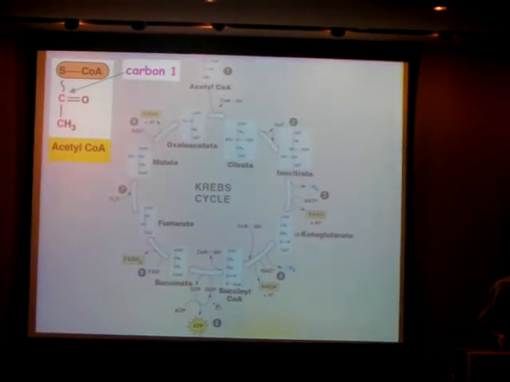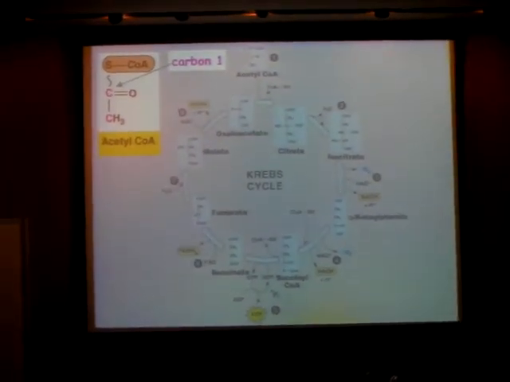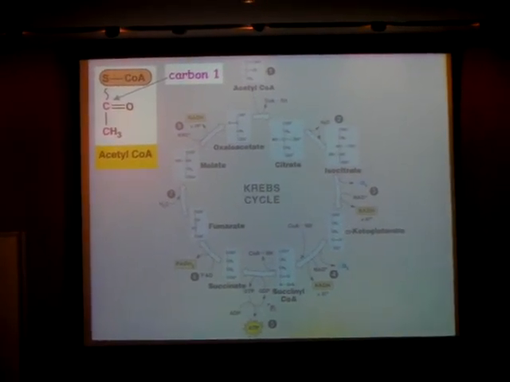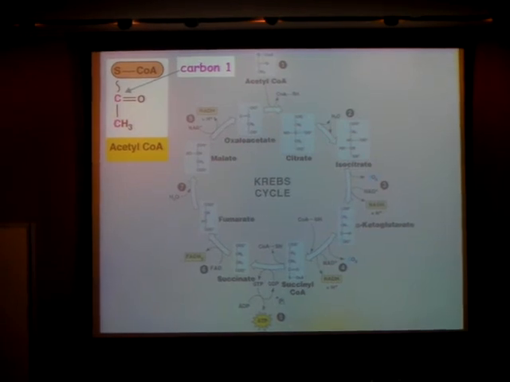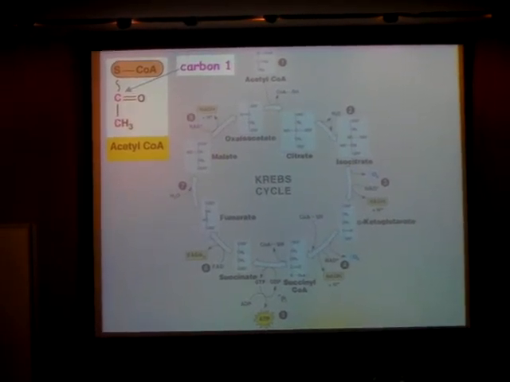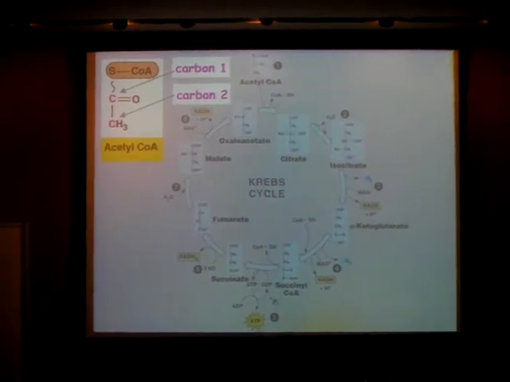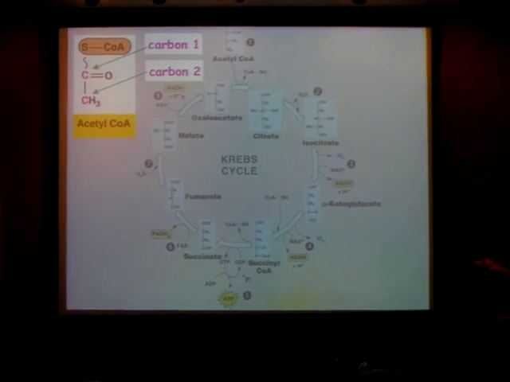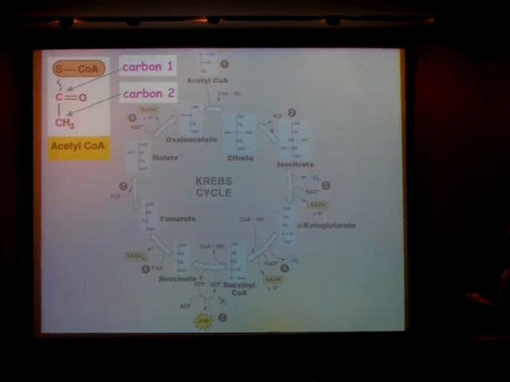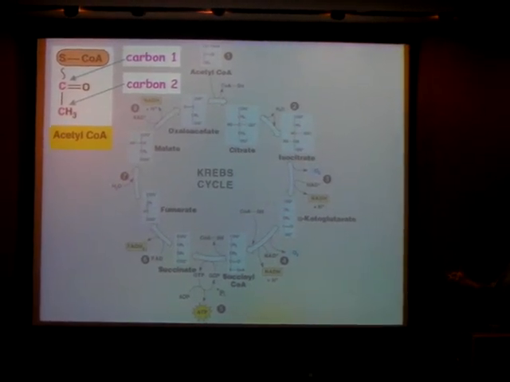So one exercise that you can do, for example, is to trace the carbons. Where do they come from and where do they go? And how many turns of the cycle does it take for a particular carbon to exit as carbon dioxide? So here's the first carbon of acetyl-CoA, and there's carbon number 2. So I handed out today a reproduction of the cycle here. So just tell me, how many cycles does it take for carbon number 1 to exit as carbon dioxide? How many